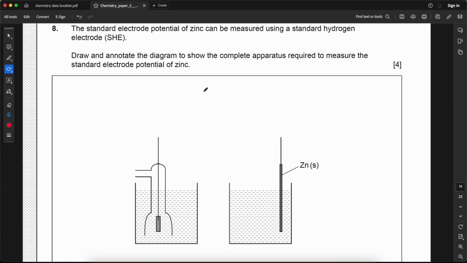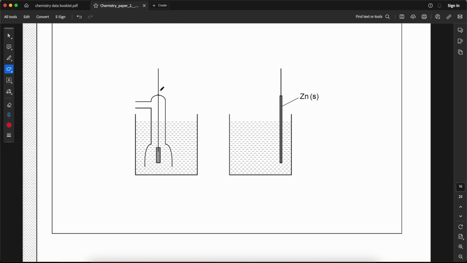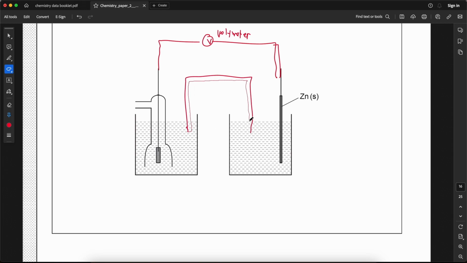The standard electrode potential of zinc can be measured using a standard hydrogen electrode. Draw and annotate the diagram to show the complete apparatus required to measure the standard electrode potential. So we will have the wire right here. Okay, so this will be the voltmeter, and we should have the salt bridge,